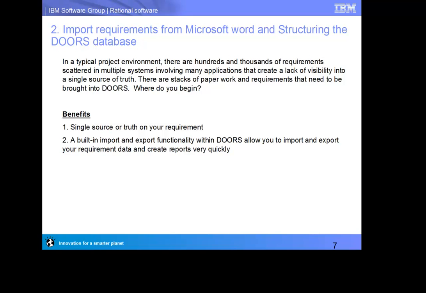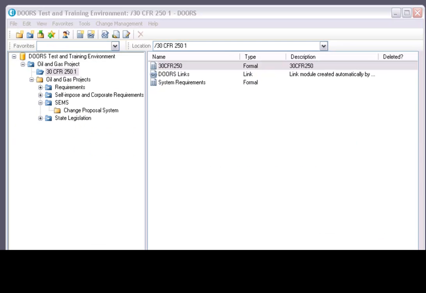There are stacks of paperwork and requirements that need to be brought into DOORS. Where do you begin? The benefits of DOORS are: one, a single source of truth on your requirements. Two, a built-in import and export functionality within DOORS allows you to import and export your requirement data and create reports very quickly. Now, let's take a closer look at how requirements are being captured and implemented inside this DOORS